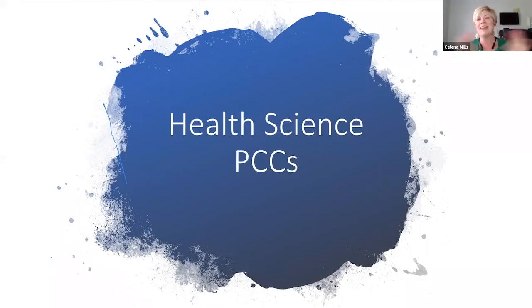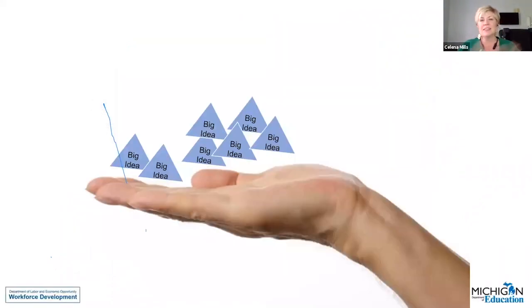So let's move ahead and look at the PCC so that you can really get this full picture of what the program will look like. We talked about taking those standards that were naturally sticky and pulling them together and then making a competency. And then we did the same thing with competencies. They took those competencies or big ideas that come out of a course and they pulled them together